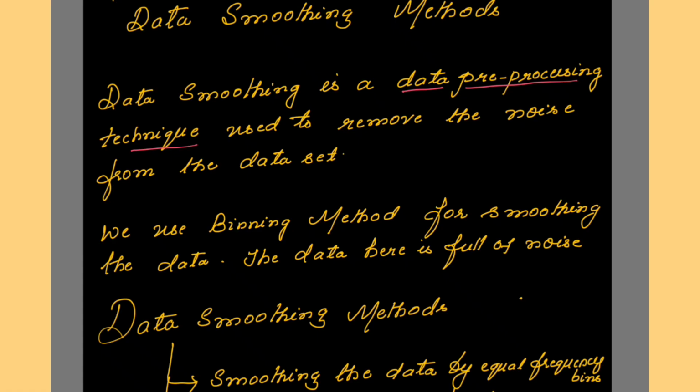Normally when we are giving the data set to the algorithm for training purposes, you have to check whether the data set is suitable for training. If it is not suitable, there can be noise in the data set. So what do you mean by noise? Noise is irrelevant, random data or misleading information, or redundant, duplicate data. If these things are present in the data, then we call it noisy data. To handle noisy data, or to handle noise, we need smoothing methods.